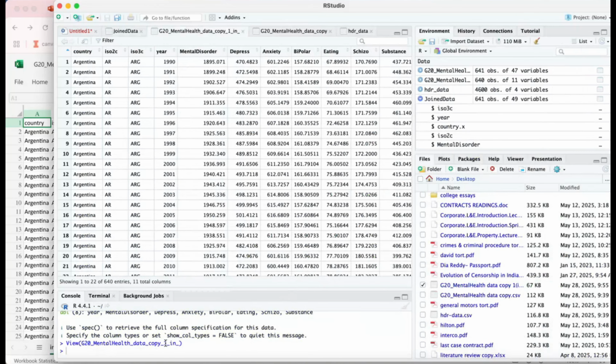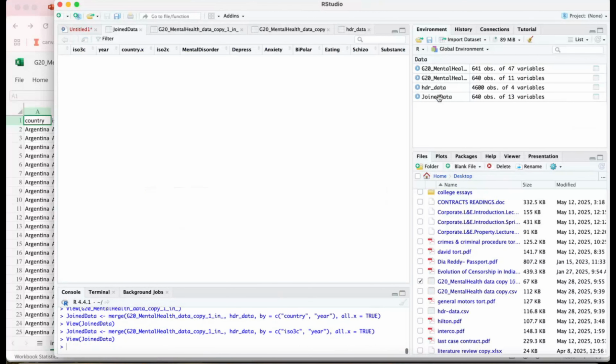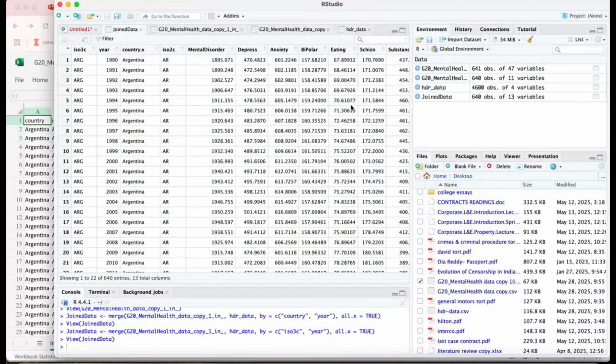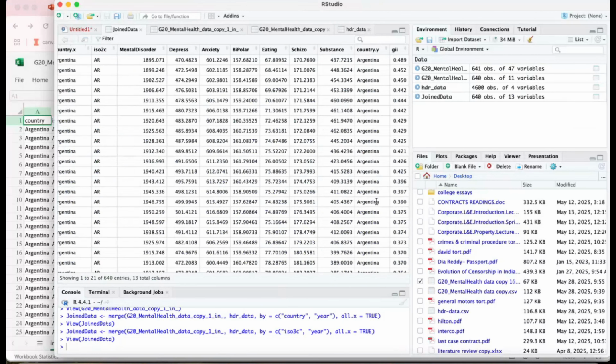It just has your mental health data, right? And in the form we want with all the codes and all, for the years that we want. Just always make sure you check your data, that everything's there, and if you use it frequently, it'll become very easy for you. It's just that you're doing it for the first time, so it's taking some time. See, now you get everything, right? It's adding another column.